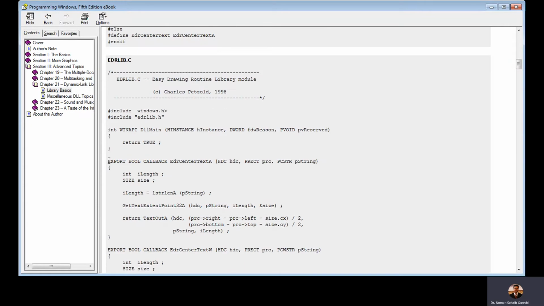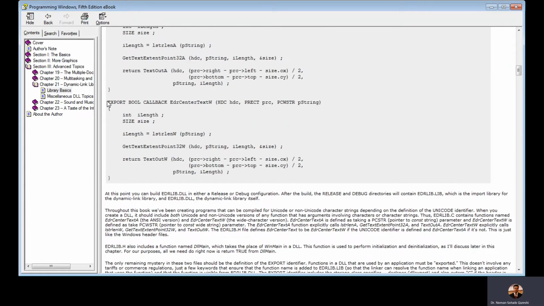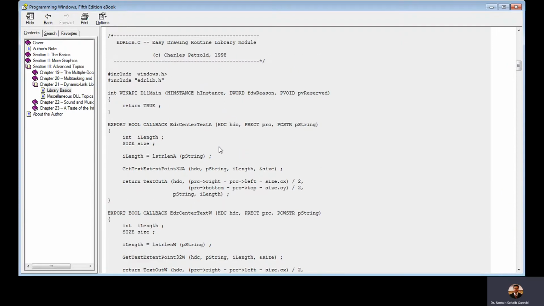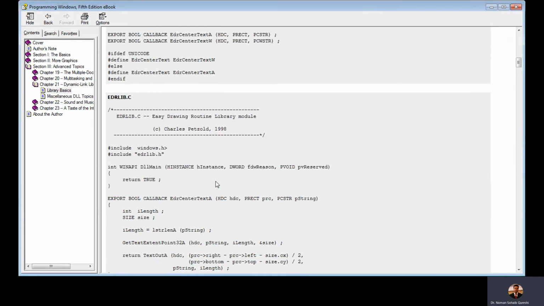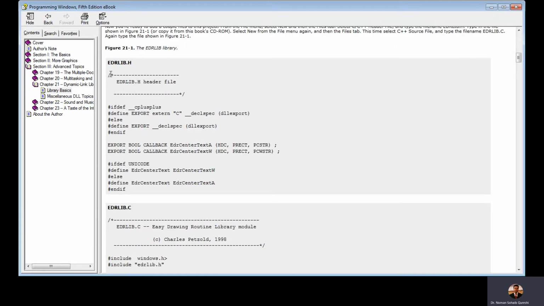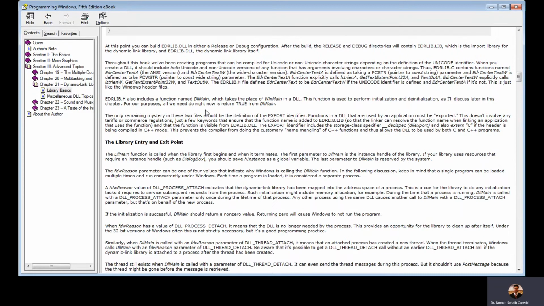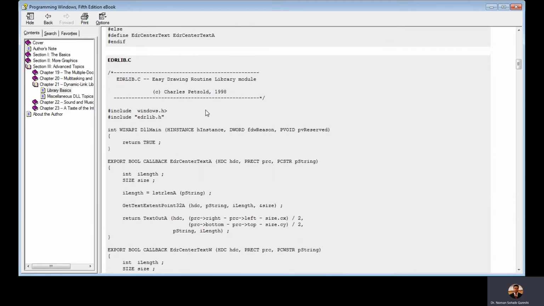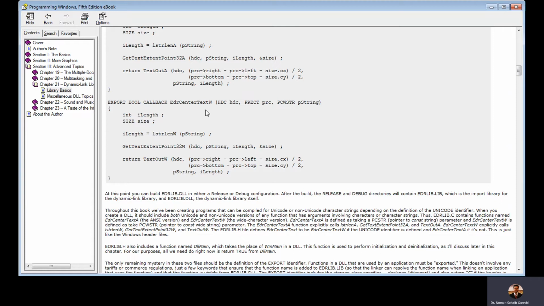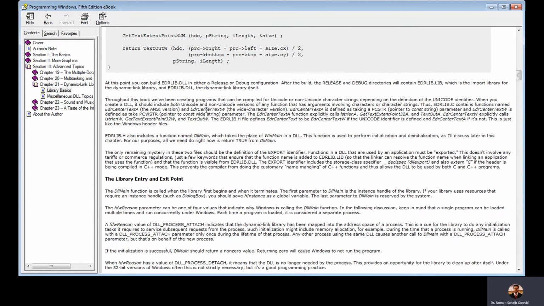Okay, the function definition will come twice, one with A postfix and the other with W postfix, and we discussed that as well. And you guys know that there is no exe file generated when you compile and link the DLL project. Only a dynamic link library is created either with the DLL extension or otherwise. If it's the previous case with the DLL extension, I hope students you remember that it will be loaded implicitly. But if you have saved it with some other extension, then you have to load it explicitly with the LoadLibrary function.